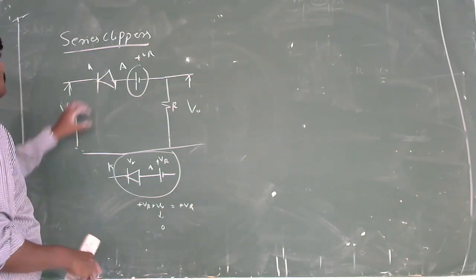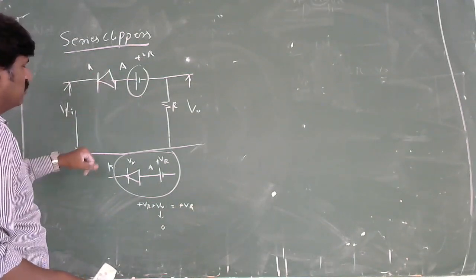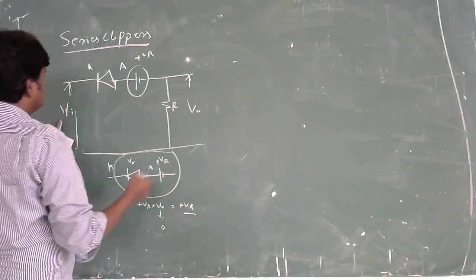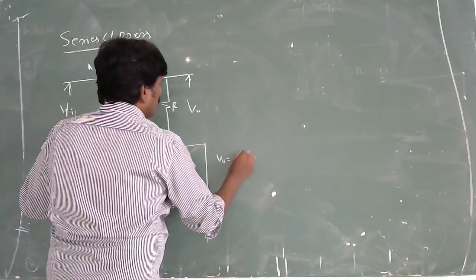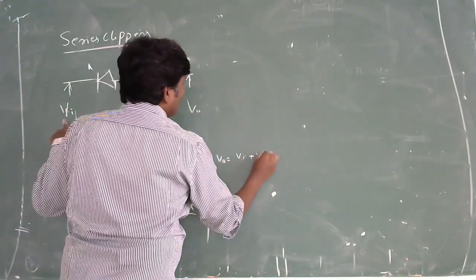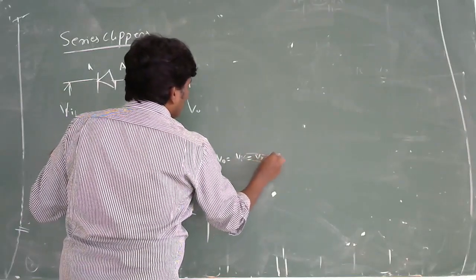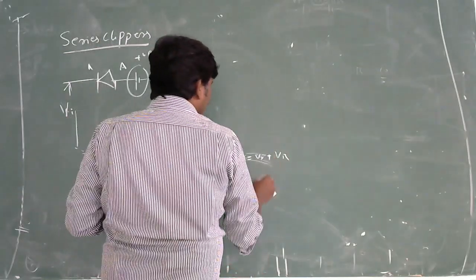So what is the minimum voltage drop required across the diode to make it conduct? It is plus VR. It means, what is the output voltage? Very simple. You know that the output voltage V0 is equal to Vi plus V gamma. V0 is equal to Vi minus V gamma plus VR. But as I say that one,